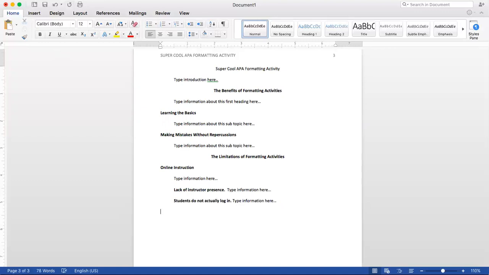So online instruction is one. The second one is, let's just say, poor textbook. Okay, I think it's a great little textbook. It's a handbook. But let's just say that's the second one. And of course, we're going to indent, type information here. All right, we're going to stop there because we really just don't need to go any further. But you can see here